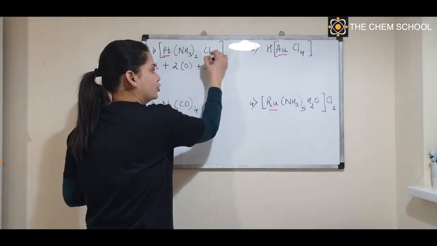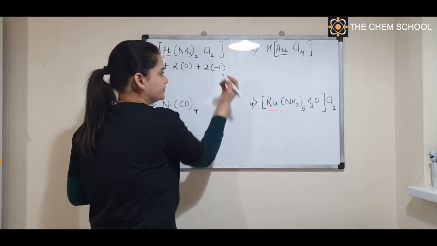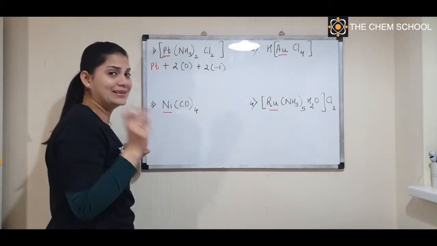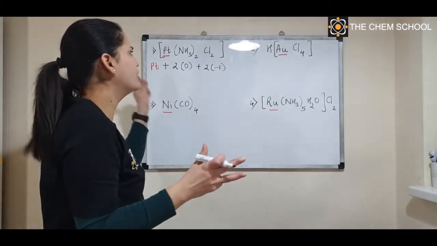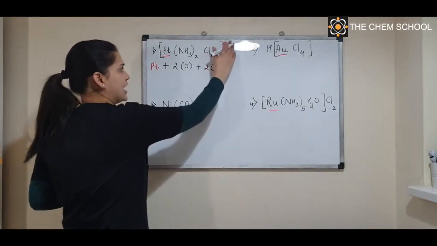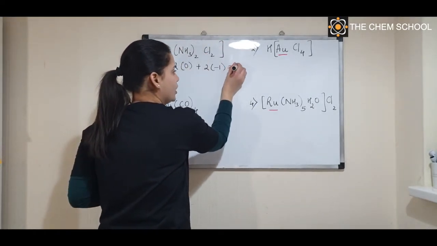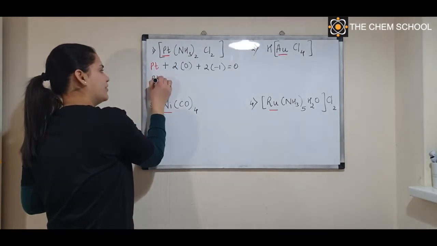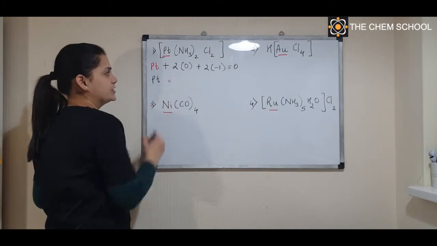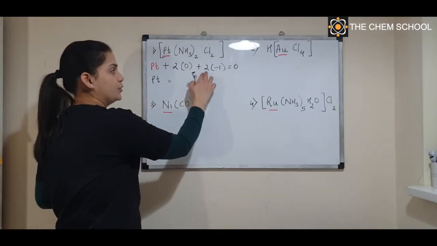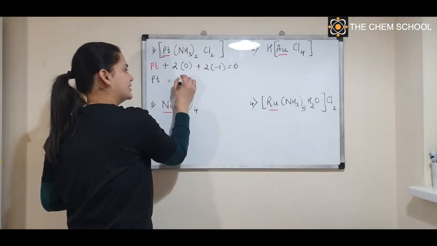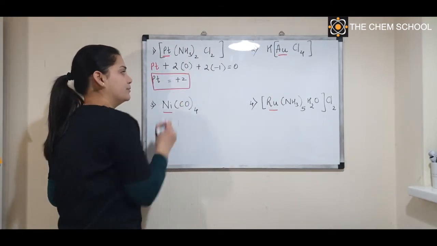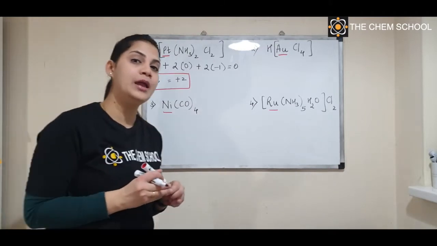Then chloride ion, you know that chlorine has a charge of -1. If you have anything raised to the square bracket, that will be the charge of the complex. You cannot see anything raised, right? So the charge of the overall complex is going to be equal to 0. What you have left over here will give you the charge of platinum. So what is going to be the oxidation number of platinum? It is going to be -2, goes on the other side, you get +2. So the oxidation number of platinum in this complex is going to be +2.